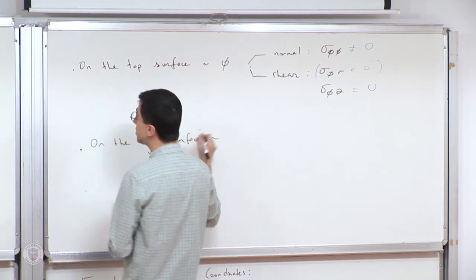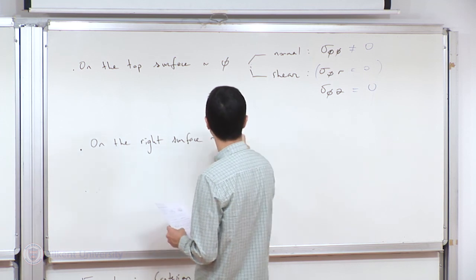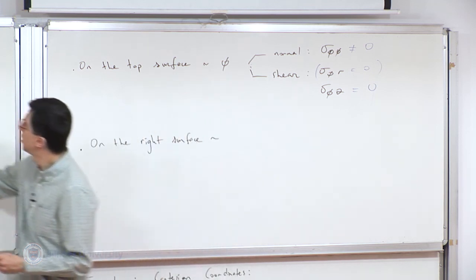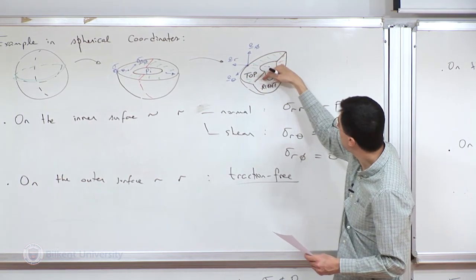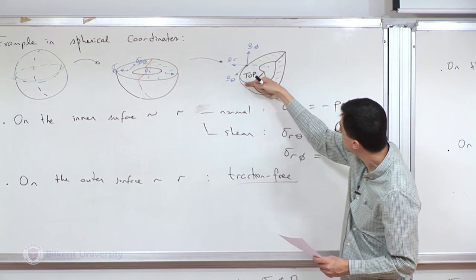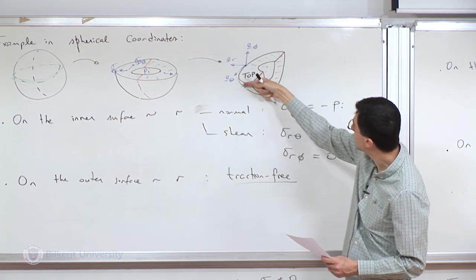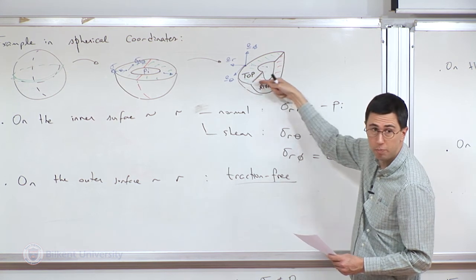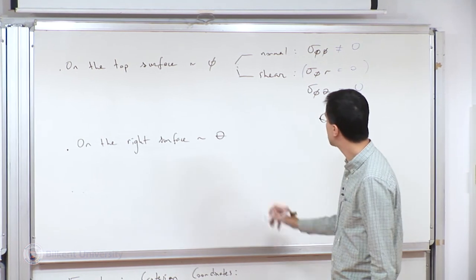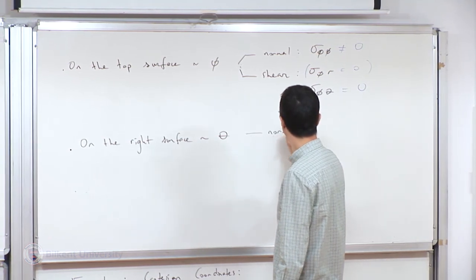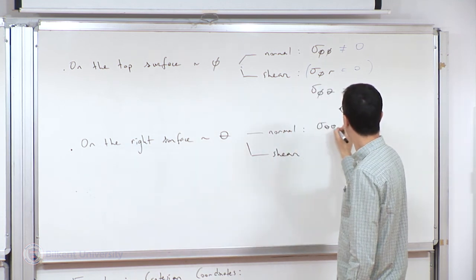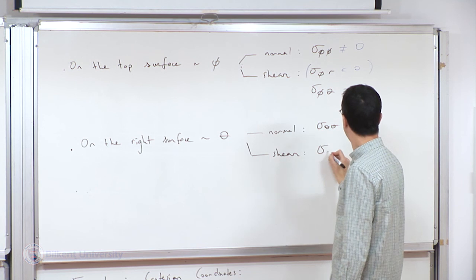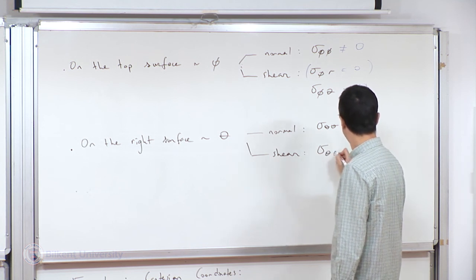The right surface is the one with normal. So the normals change from point to point, right? So on that right surface, the tangential direction, if I come to that point, I'm following theta. So the normal direction would be E theta still. Okay. So normal on the right surface is the theta direction. And I have normal stresses and shear stresses. So theta theta, theta r, and